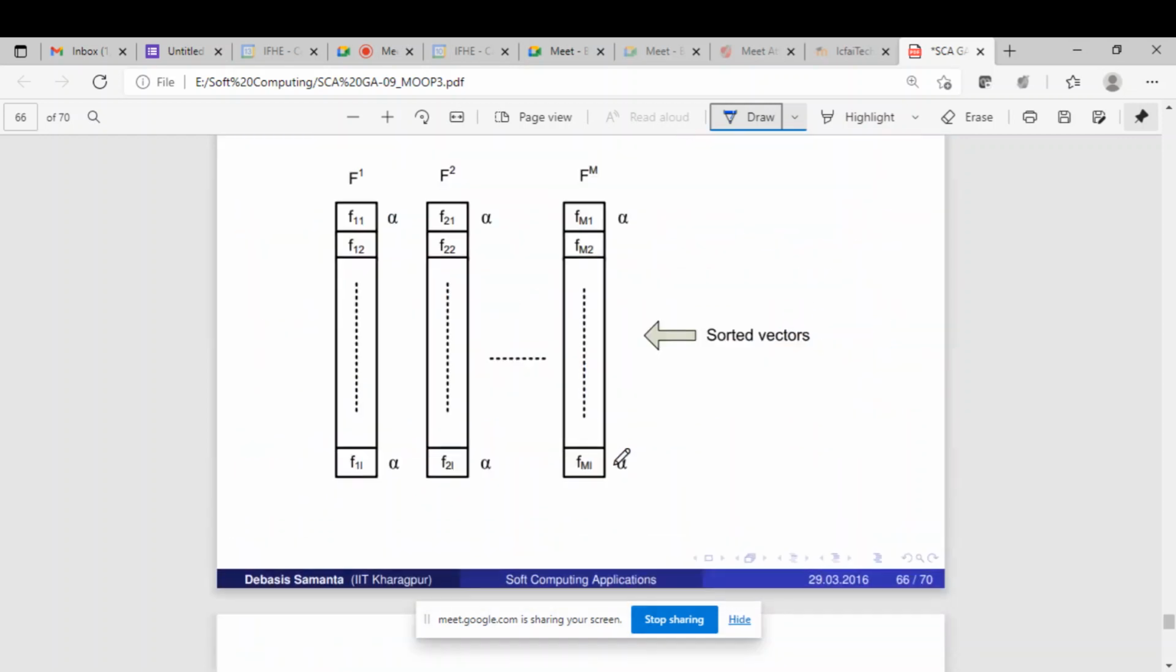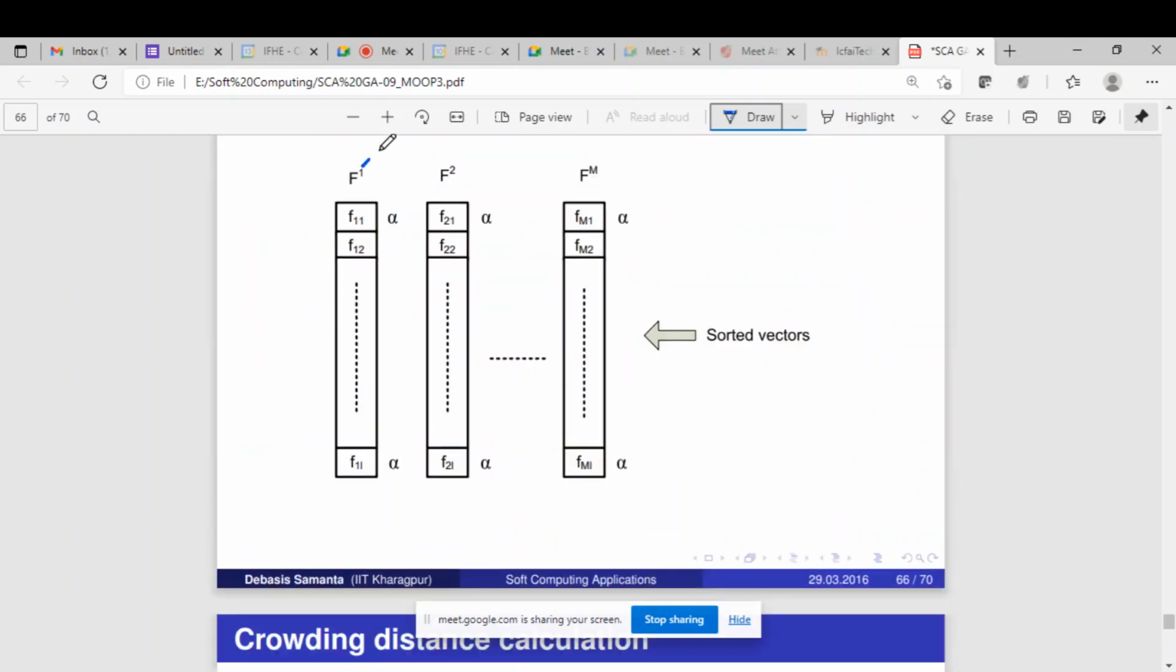So we create different sets f1, f2, up to fm. In all these, we have some set of solutions, but in each of f1, f2, fm the order will be different, because here it is sorted with respect to the first objective function. Whichever individual performs better for the first objective function will be at